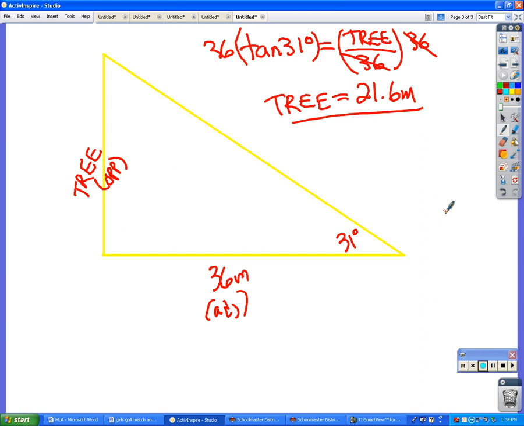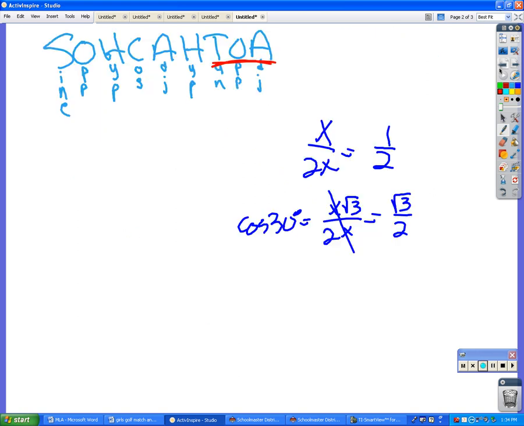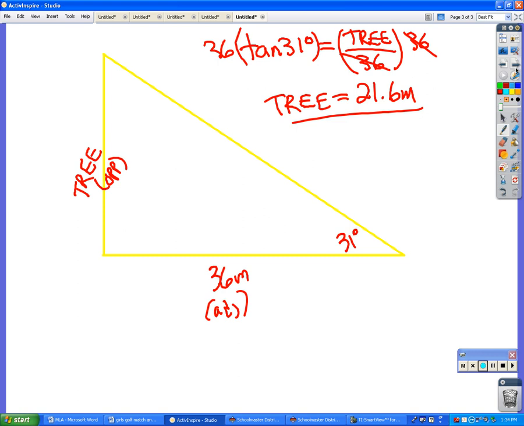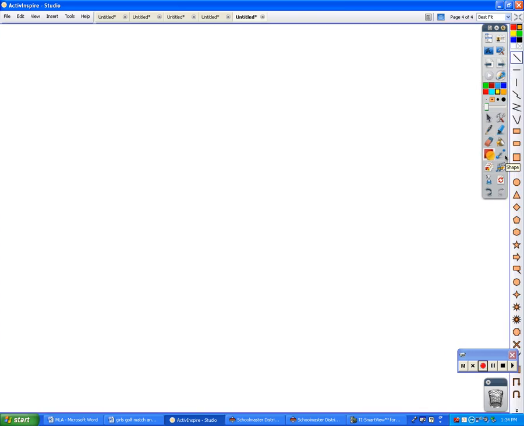So if you know the adjacent side and you're trying to find the opposite side, you use tangent. Okay? If you knew the hypotenuse and you're trying to find the opposite side, then you would use sine, because that uses the opposite and the hypotenuse. So what you have and what you're trying to find will dictate which trigonometric function you use. And so, for example,